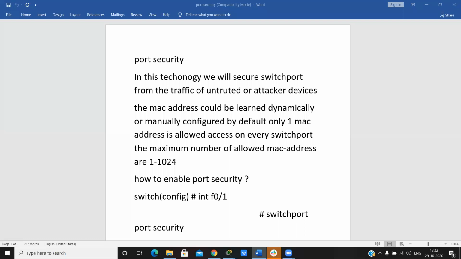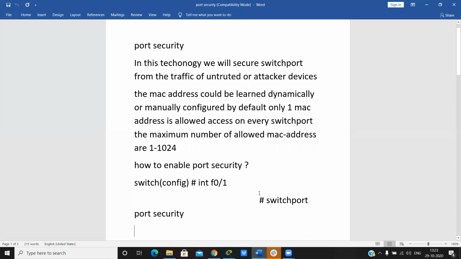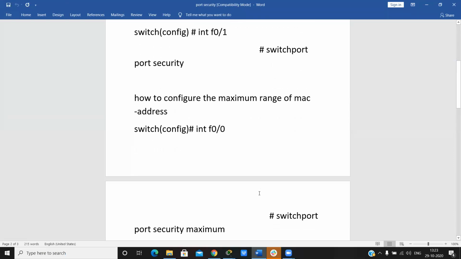So the MAC address could be dynamically or manually configured. By default only one MAC address is allowed on every switch port. The maximum number of allowed MAC addresses is 1024. So how can we enable port security? Always remember, port security is enabled on the access port.